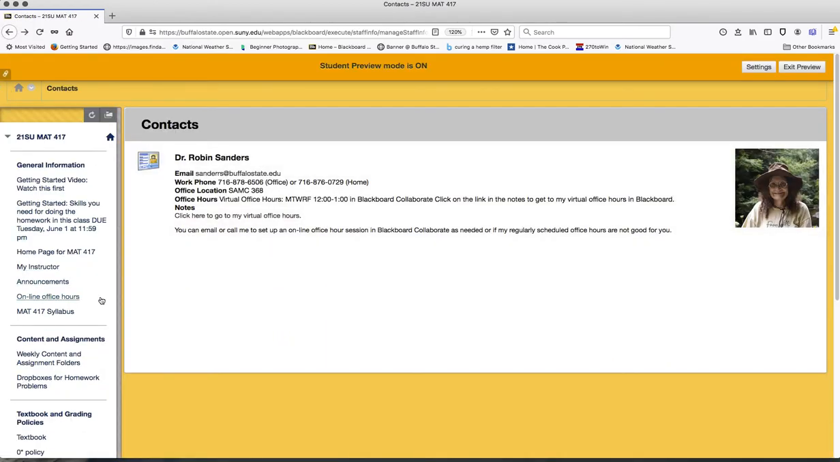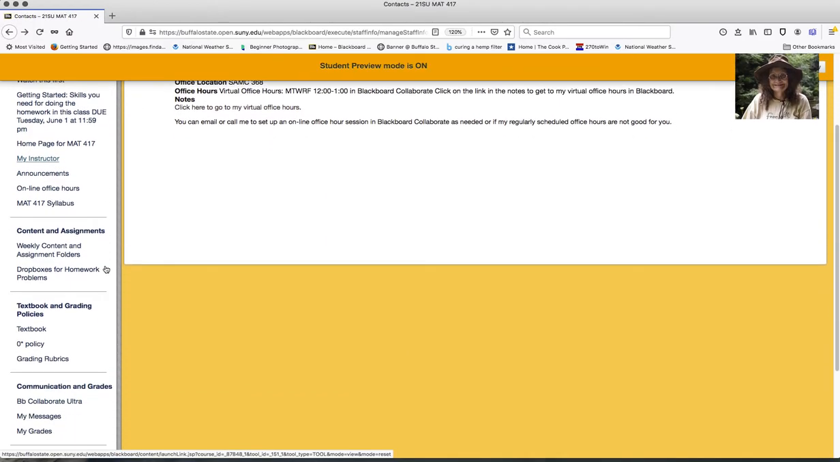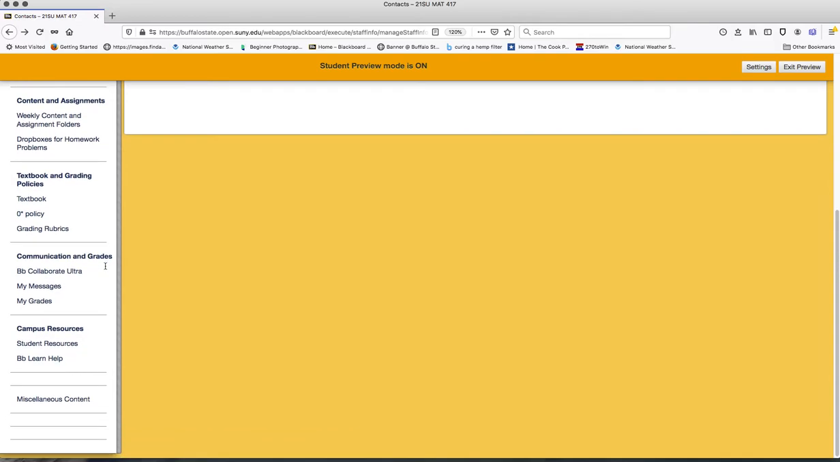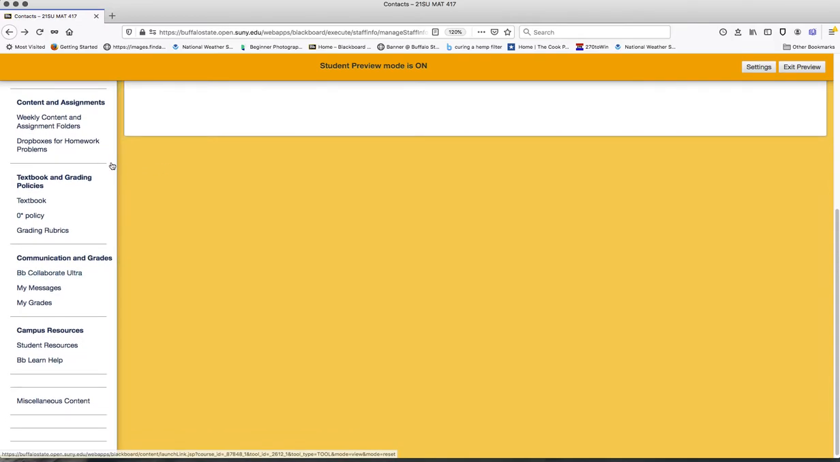If we go back again, the next thing that I want to do is look at other pieces of this course menu. The Content and Assignments subsection has two important links: the weekly content and assignment folders and the drop boxes for the homework problems. And let's look at each one of those. If we click on the weekly content and assignment folders,